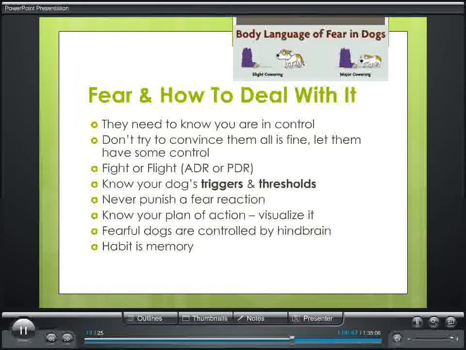Fearful dogs are controlled by their hind brain, the reptilian brain where the amygdala is. And once this part of the brain is controlling our dog, they can't think, they can't learn. All they do is react. They don't respond, they react. So we need to get the dog's brain out of that mode. And there's one little trick I'll give you here right now, kind of quickly: we teach the dog to